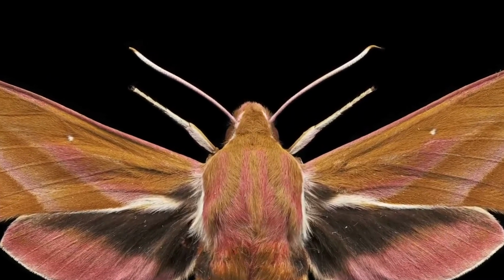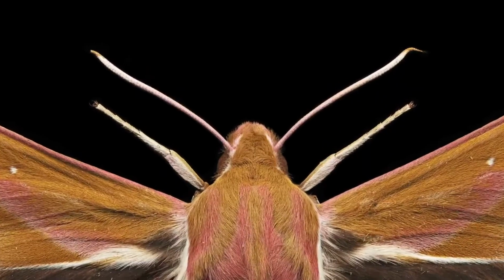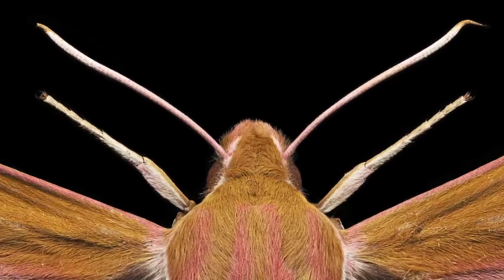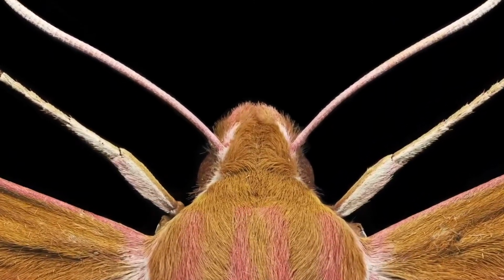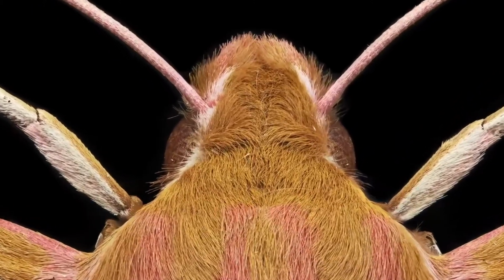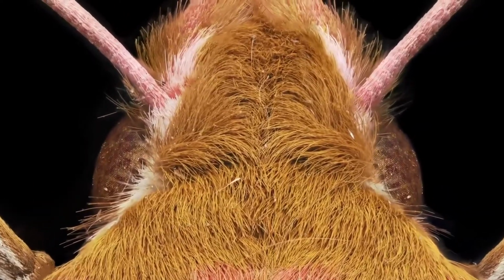Insects see the world completely differently from us. Their eyes are made up of thousands of tiny lenses called ommatidia and are specially adapted to their way of life. This species' eyes are especially impressive due to their ability to see colour in almost complete darkness. The elephant hawkmoth was the first animal species in which this was observed, and it is an essential part of